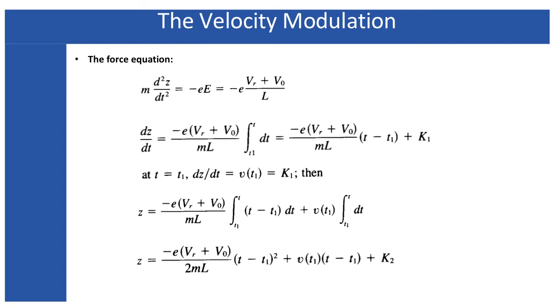Now we can equate the acceleration of the electrons with the retarding field by establishing the force equation, where the force is equal to the product of the mass of the electron and their acceleration, and as well this is the force of the electron in electrostatics.